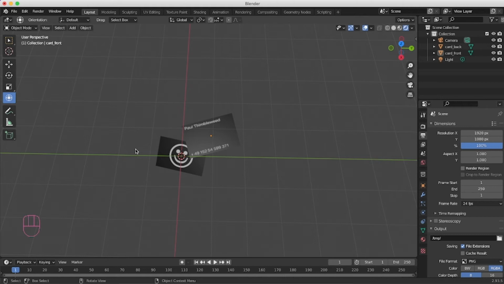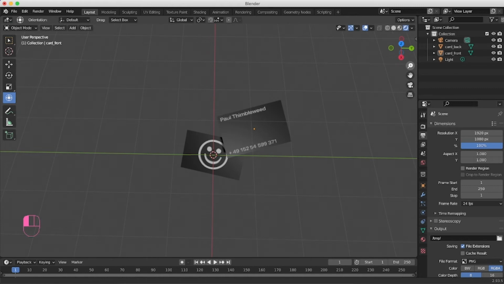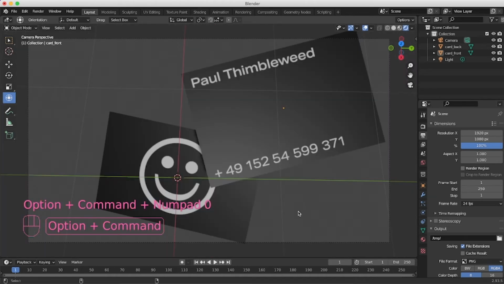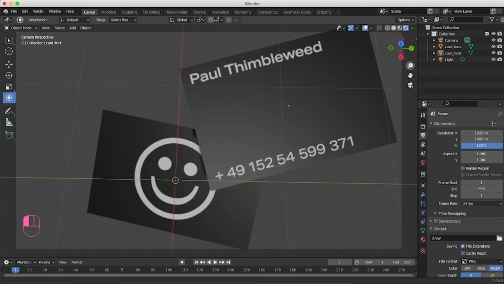We're just gonna move the camera as we want to have everything framed, and then we're gonna press Alt Command and 0, and then there you see the frame was created and just copied our viewport setting. I'm gonna move out of the camera. You see the camera has moved now,